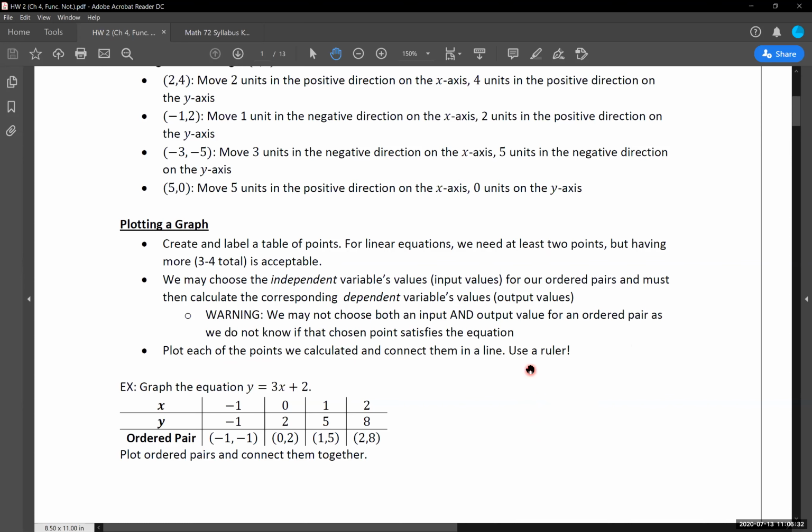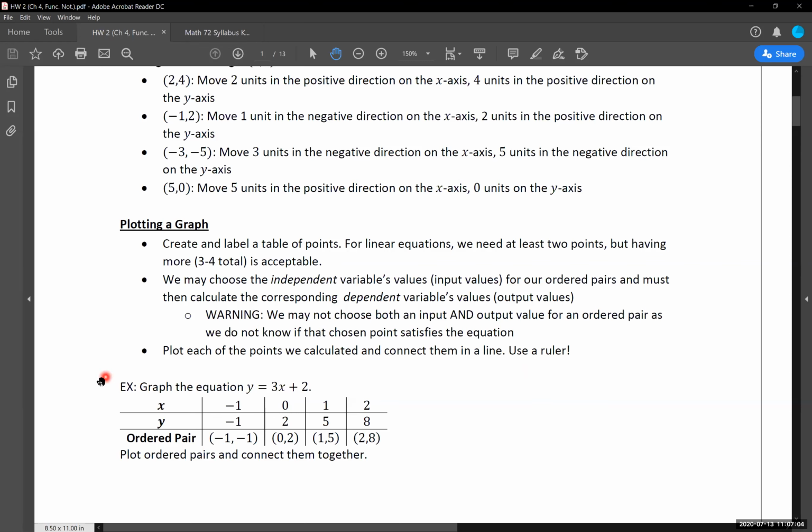So that's what that's going to look like on the program. When you are plotting and making these things on your scratch paper, which is what you should be doing, I would recommend using a ruler or some sort of straight edge to connect those points together. If you do not have a ruler or a straight edge and you are just going freehand, please do not make it something where you quickly put it together and it's not even close to the line. Take some time and take some care and pride in what you are writing out on the paper. Do your best to connect those together for yourself.